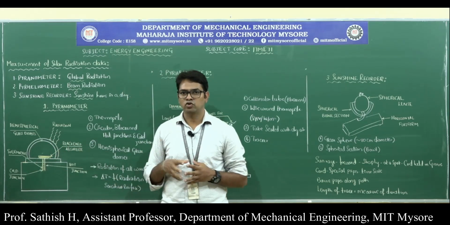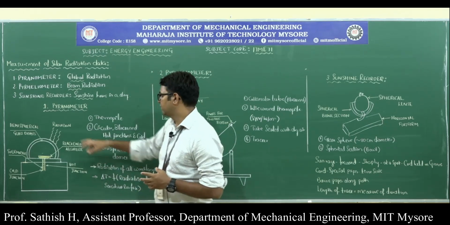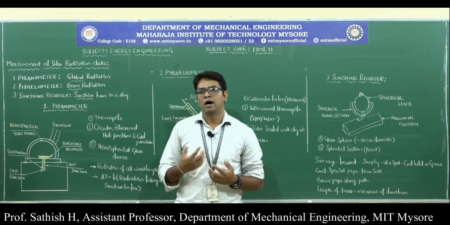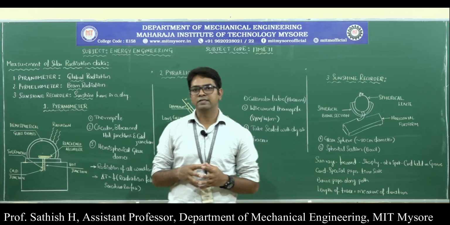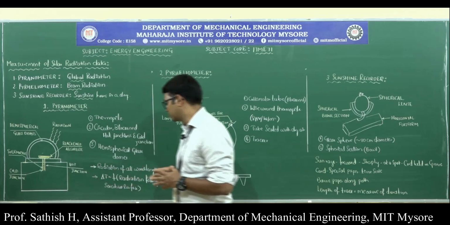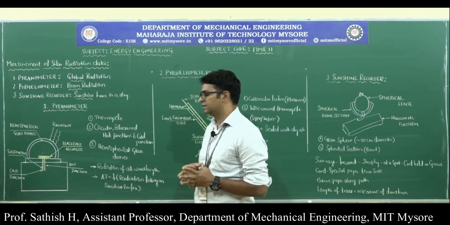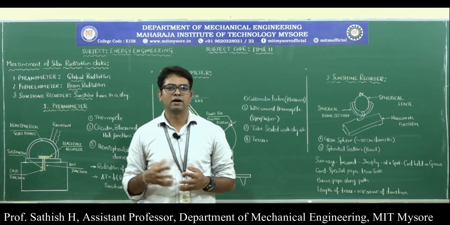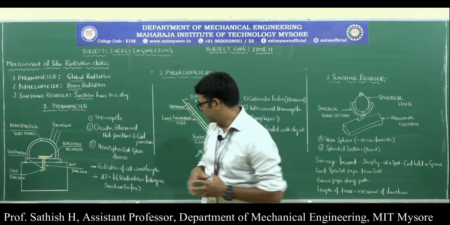The glass domes are hemispherical in shape, and the radiation comes from the sun. How it functions is that the difference of temperature between the cold junction and the hot junction is a function of radiation falling on the sensitive surface. I repeat, the difference of temperature between hot and cold junctions is a function of radiation falling on the